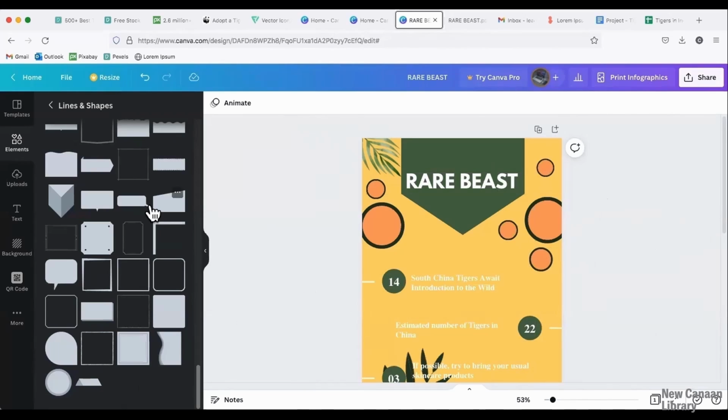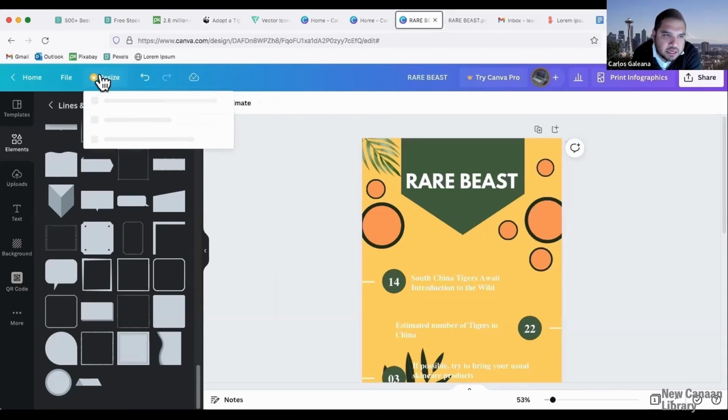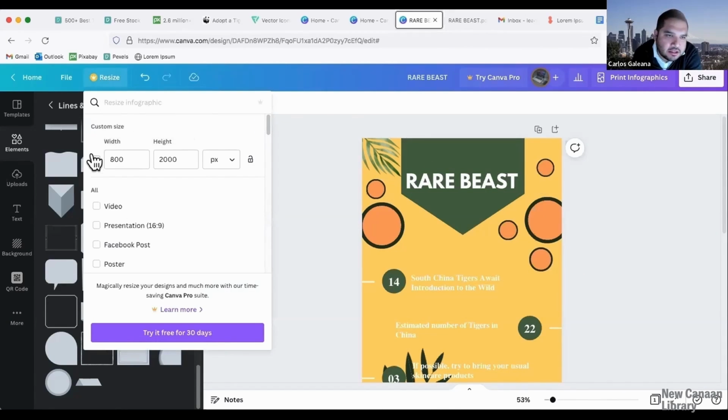Yes, definitely. So are there any rulers in Canva to show you the size of the work you're creating before you print it? Like what it would look like on the page, I believe is the question. Yeah, there isn't a really great way of doing that aside from the resize button. And then it kind of tells you the dimensions here.